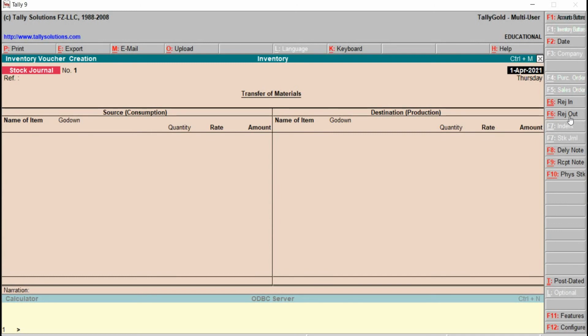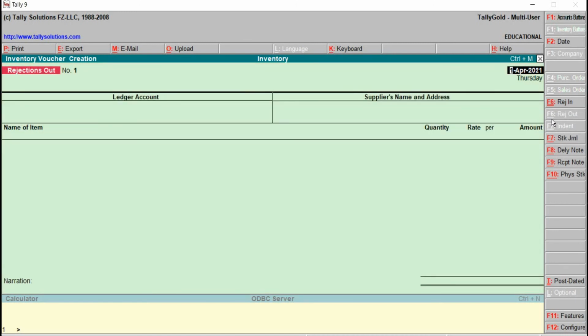Right now first we will go for purchase returns, that is rejection out. And we can see here the shortcut key also, correct? Rejection out voucher, voucher number is 1. Provide the ledger account.